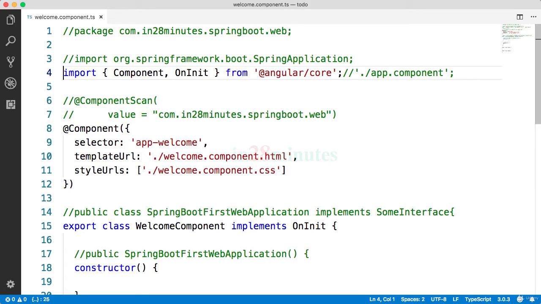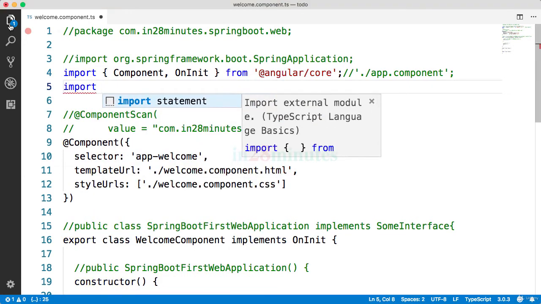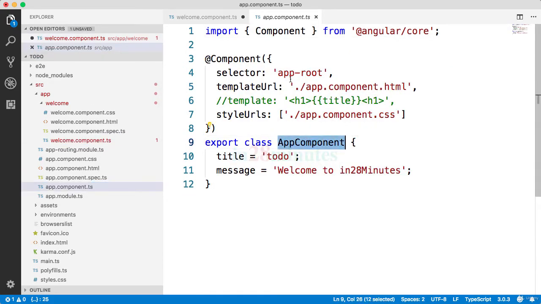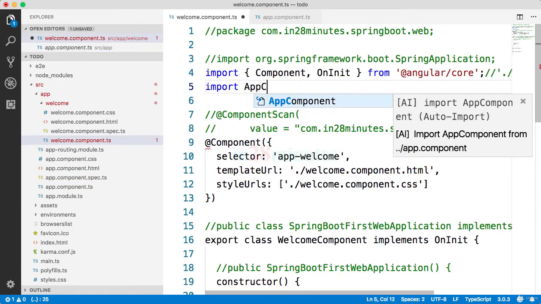Now let's say I would want to use a class from another module. The way you do that in JavaScript is by using an import statement. Over here, this is a built-in Angular package. Let's say I would want to use an app component. Let's go to the Explorer. So let's say I would want to use the app component.ts class in here. This app component which is present in here. How can I do that? The way I can do that is by saying import app component